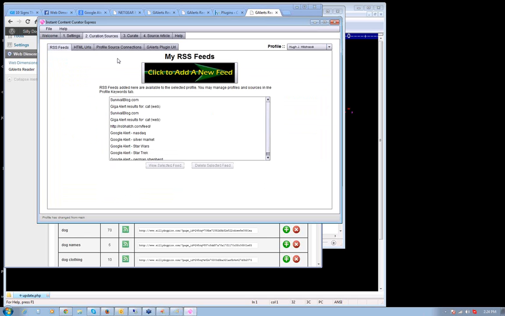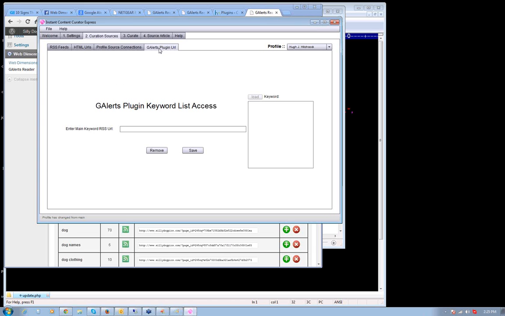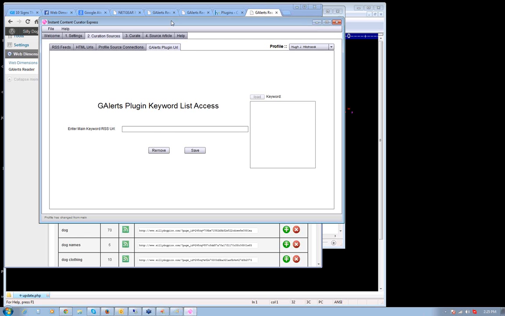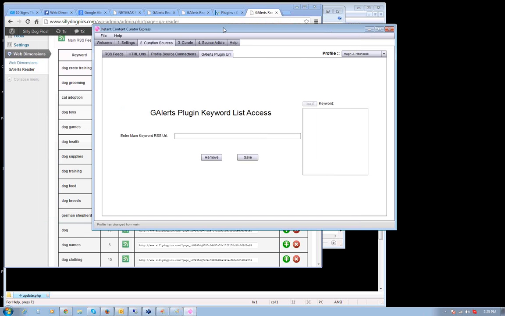And previously, I was adding the individual feeds one by one to my RSS feeds from the G-Alerts, as you can see. But now we have a whole new way of doing this, which is that we go to this tab, the G-Alerts plugin URL tab, and then we go back to the plugin page that we want to curate from,